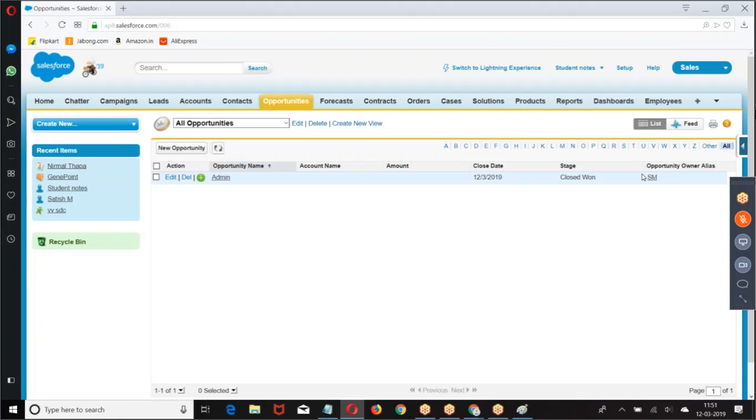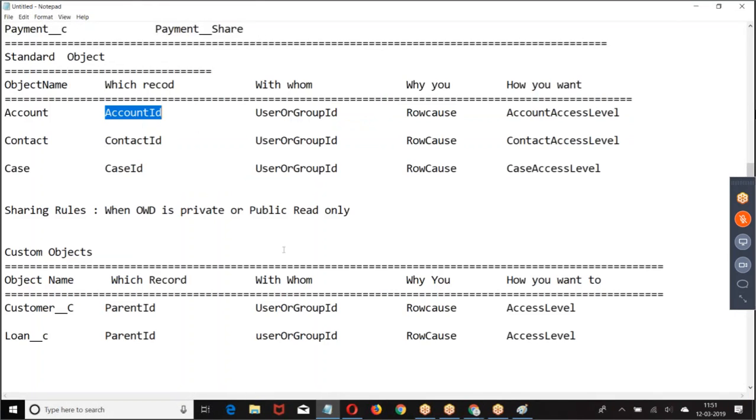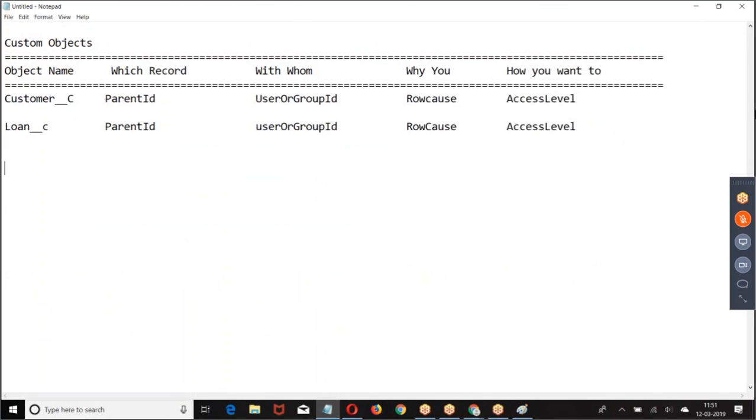Shall we try one example? Look at the format. We'll take an example on a customer object.